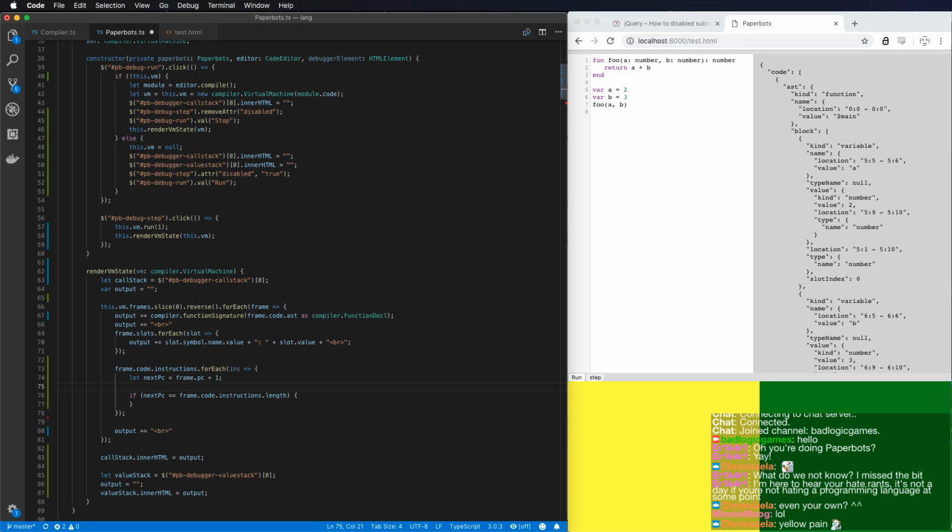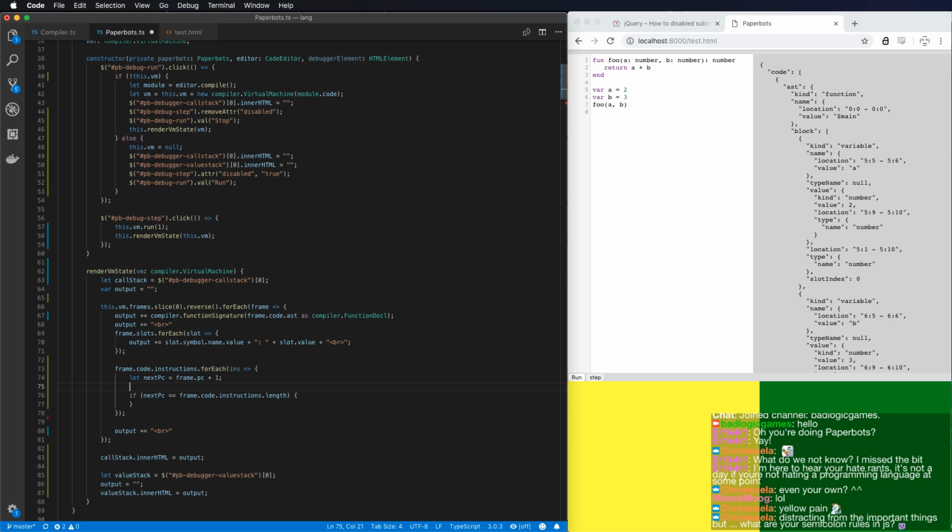Anyways, where was I? I figure out the next PC. If the next PC tells me that it's actually an instruction outside of the instructions array of that function,